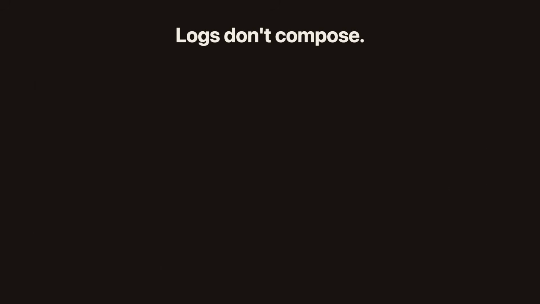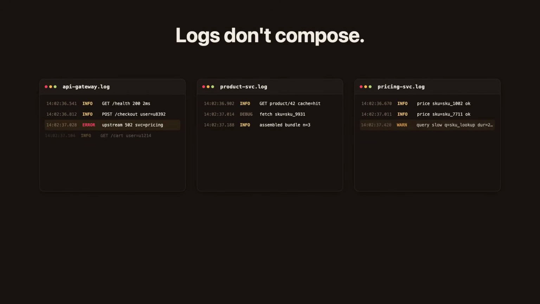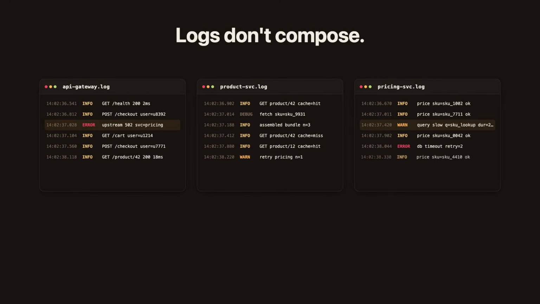Before tracing, we had logs. Every service prints its own log lines, a timestamp, a level, a message. When something breaks, you SSH in, you grep, and you hope. The problem, logs don't compose. The gateway logged an error at